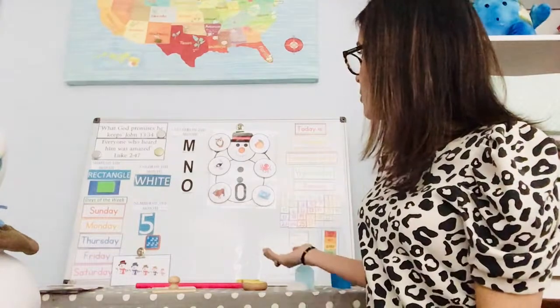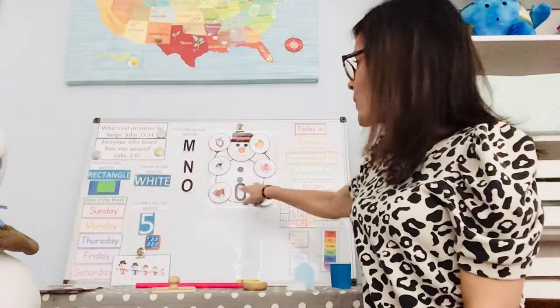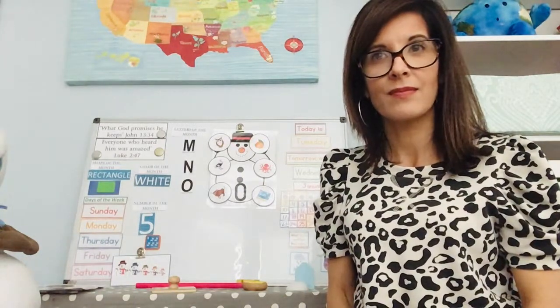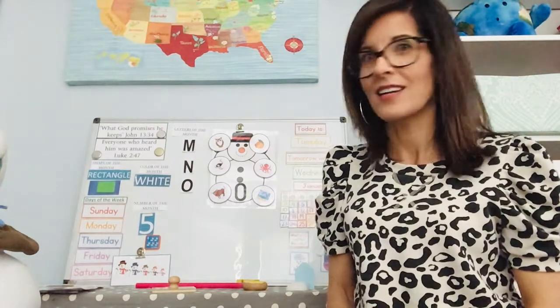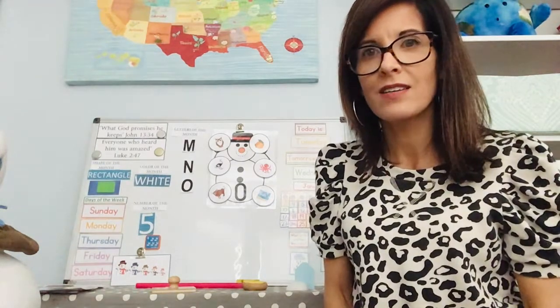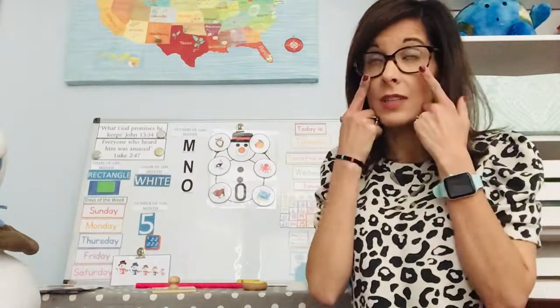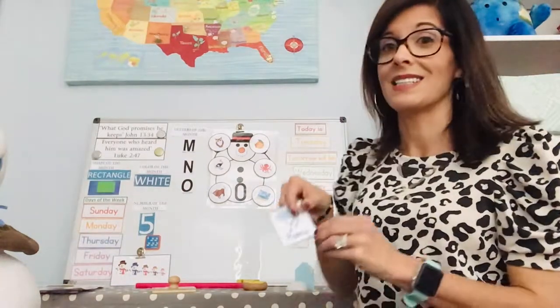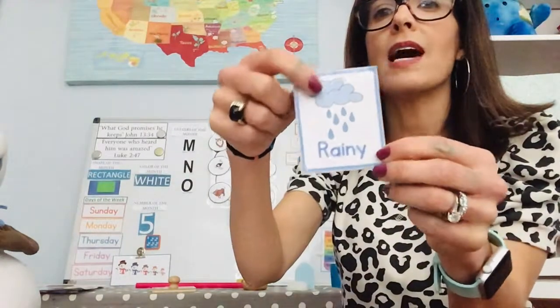Okay, so this is our board of the month. The letter O we are going to focus on this week, okay? Friends, what is the weather at your house today? Can you use your looking eyes to go look outside of your window and tell me what the weather is at your house? What did I hear? Did you say raining? Miss Jen's using her looking eyes and it's raining at my house today. So for what the weather is like today, I use the cloud and the little raindrops, so it's raining today.